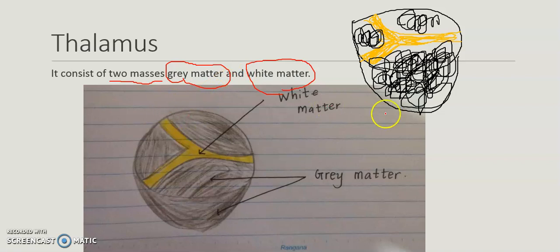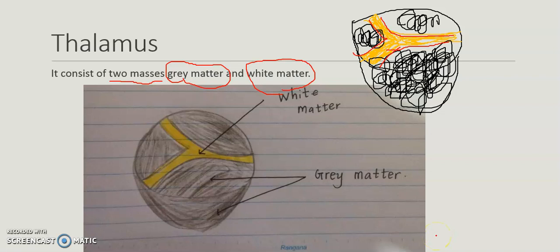In the thalamus there is a Y-shaped structure where you can see the white matter, and in the other regions you can see the grey matter.